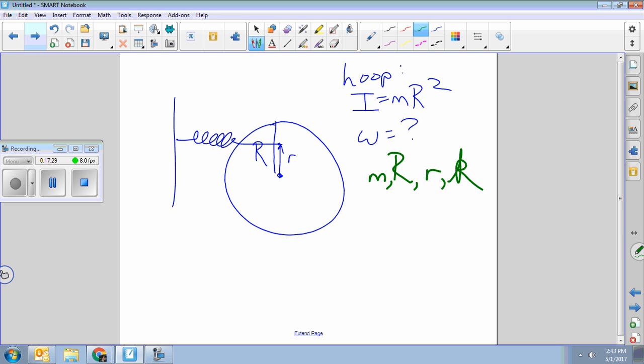Here's, I think, the tricky part of this problem. We're given a spring constant, that's a linear spring constant, right? But that spring constant is being used to produce a torque, right? So I need to find a way to think of this, really, as a torsion pendulum, right? You see that? Because the wheel is going to go back and forth, right? So remember,